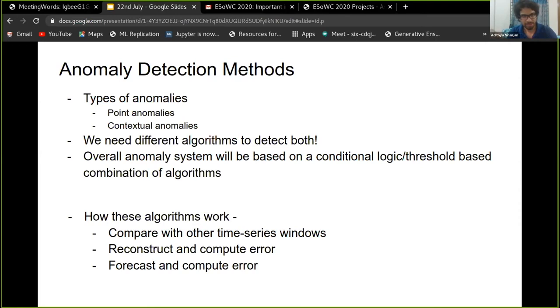Anomalous windows generally have a very large distance or difference from previous time windows. This works well, especially for detecting contextual anomalies. With a sufficient window size, you can easily see how a contextual anomaly is different from the previous time windows.